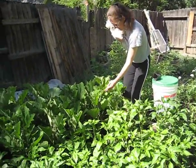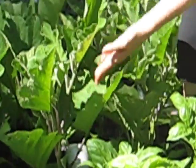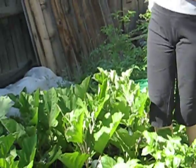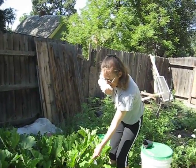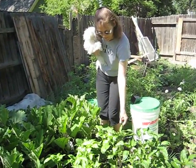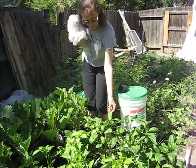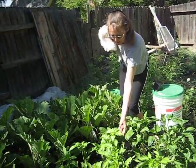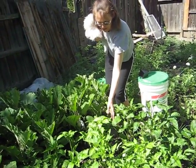We have flowers already on our eggplants, and we've never had flowers on our eggplants this early, so we're really hopeful that we'll get some good eggplants this fall. This is a Black Beauty eggplant, and we planted some chocolate peppers from the Baker Heirloom Seed Company, and this right here is Genovese basil from Botanical Interest, which is